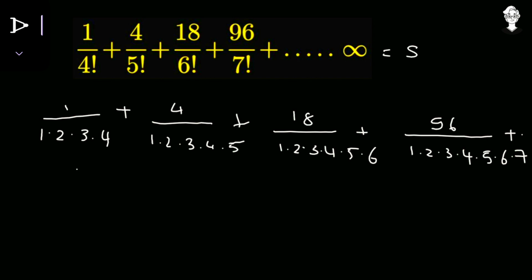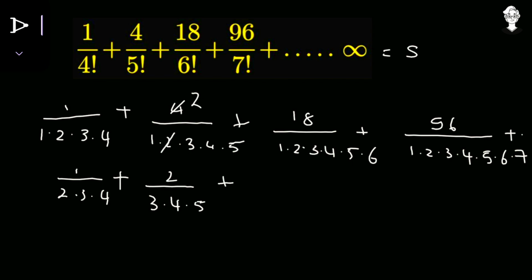So now let us see what we can cancel out. Over here nothing is cancelled out, so 1 upon 2 into 3 into 4 as it is, plus. Now look over here, we have 4 upon 1 into 2 into 3 into 4. But what we will do is not cancel out this 4 and 4. We will cancel out the 2 and that gives 2. So what we will have is 2 upon 3 into 4 into 5. Why we did so, you will get to know in a moment.